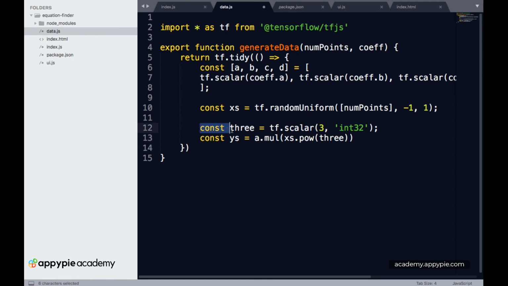We have just created a variable called 3, and inside that we have created a tf.scalar and named it 3, and we have given it a type of a 32 integer. Then we are creating ys, and we are basically taking a and multiplying with xs, and we are raising xs to a power of 3.